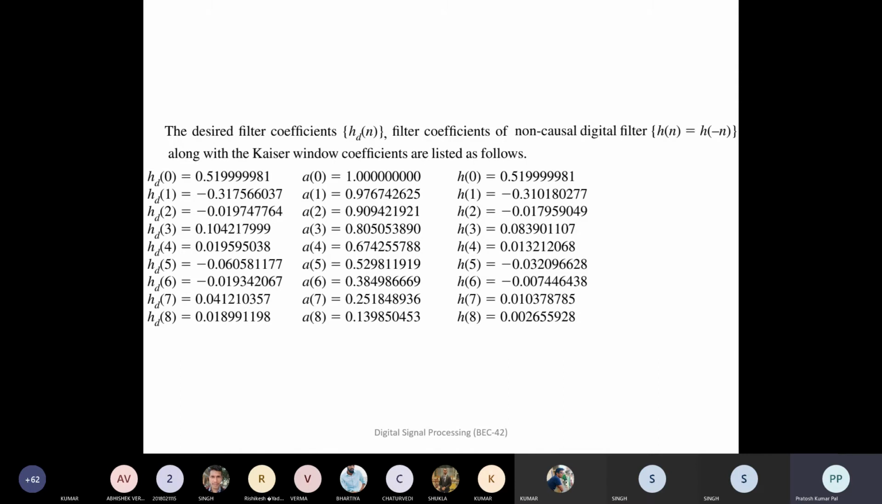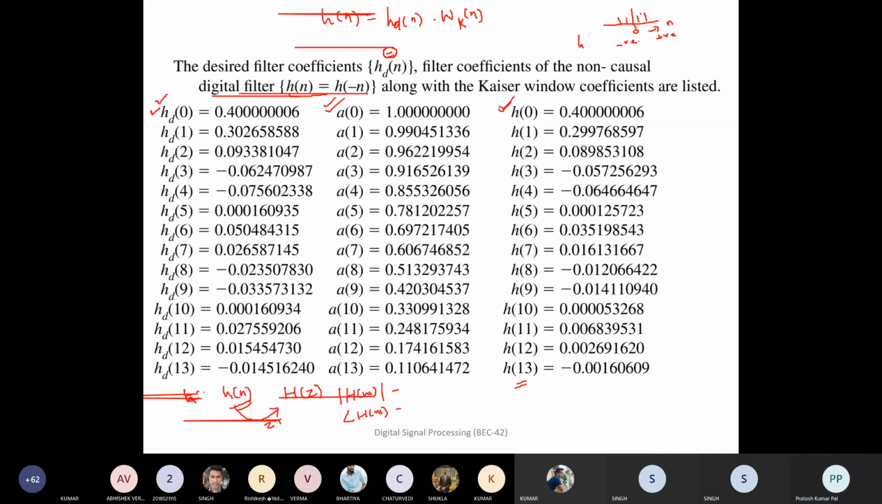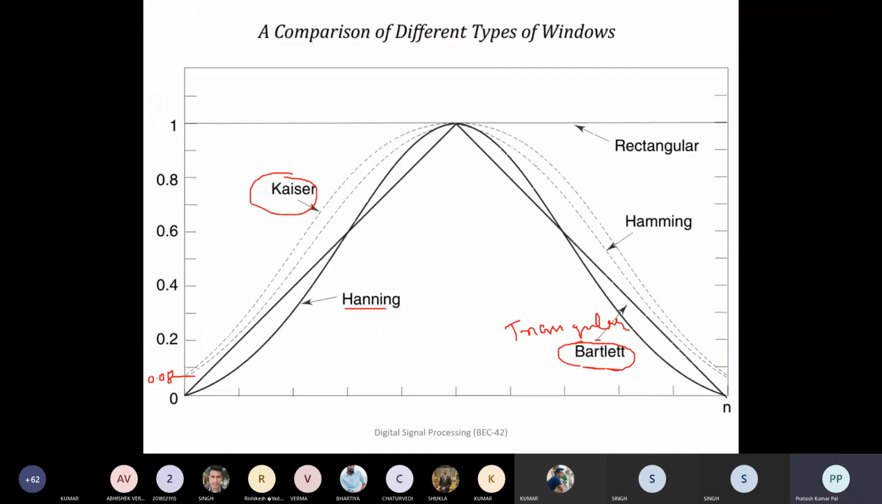But in the Kaiser window, we can have the positive and negative values, and along with that, the length of the filter in the case of the Kaiser window is coming out to be 18. Here in the 18 form, generally we should be making the M value odd, but that we will be considering in the case of the different types of windows that are available, because here whatever expressions we are having for